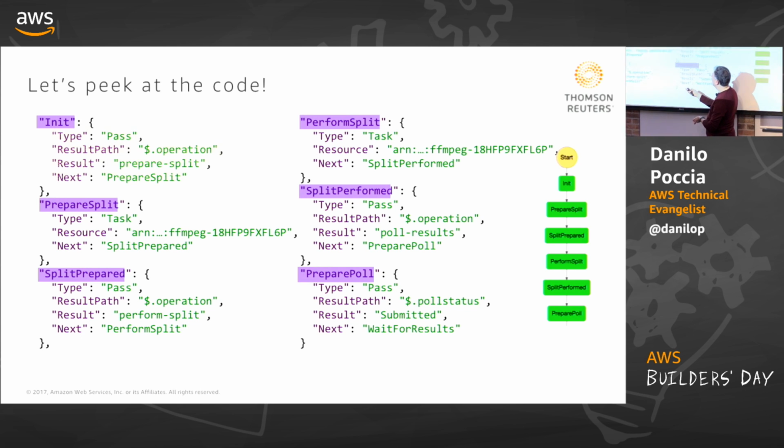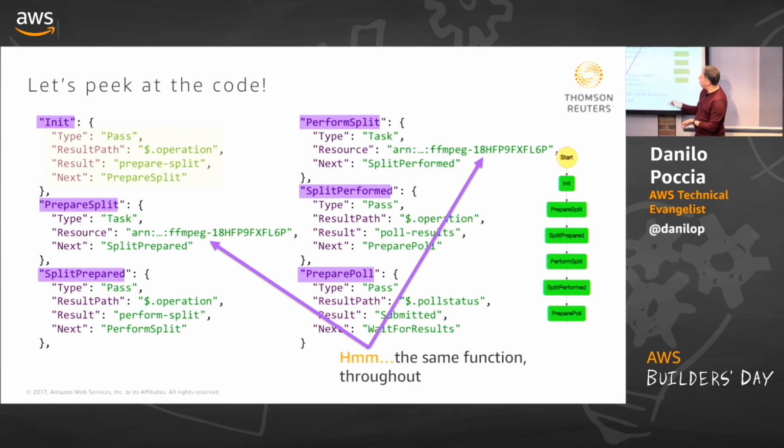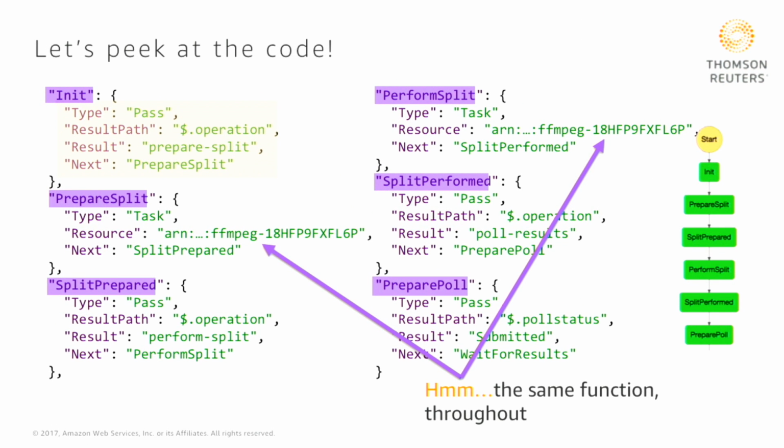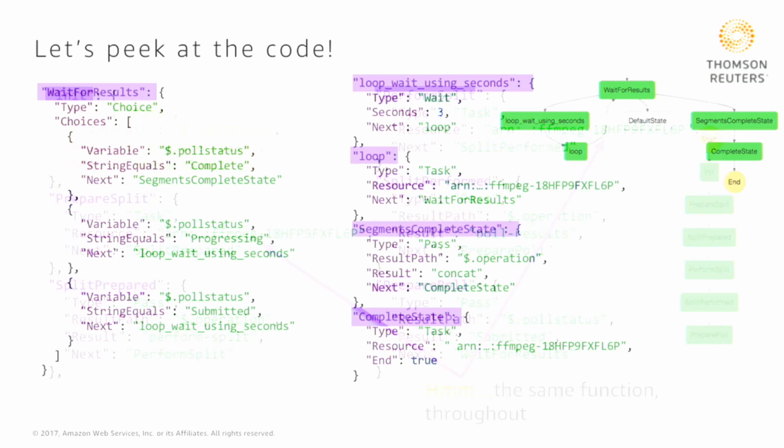And if you look here, the Lambda function is always the same. They're always using a single Lambda function, because this Lambda function will look in input for the operation, and depending on the operation that it receives, it will do different things. So if the operation is prepare split, it will prepare the split of the file, so look for the keyframes. Then, when the split is prepared, they will change the operation to perform split, and then they call the same Lambda function, but the operation now is perform the split, so it will do the split and write to S3. This will go to split performed, and then it will wait for results, and it will enter in